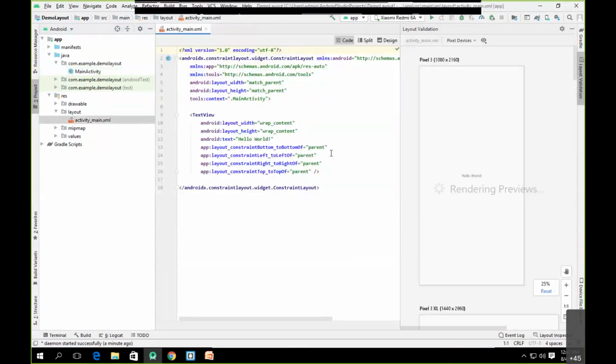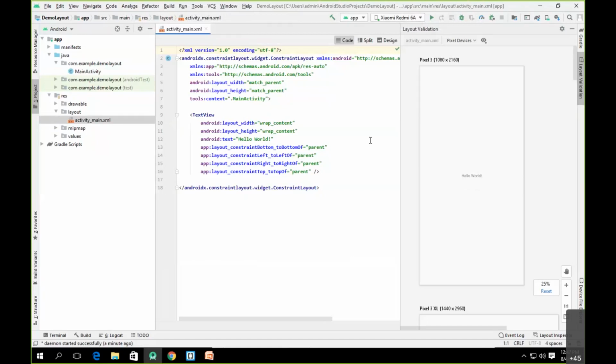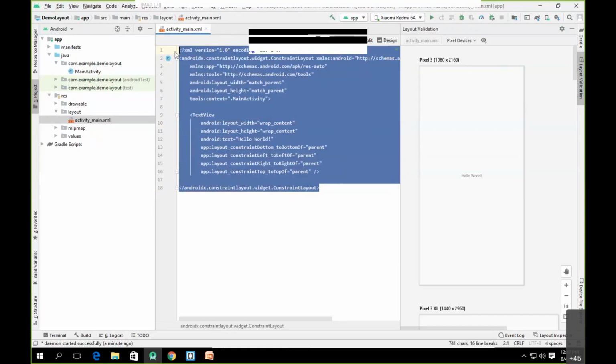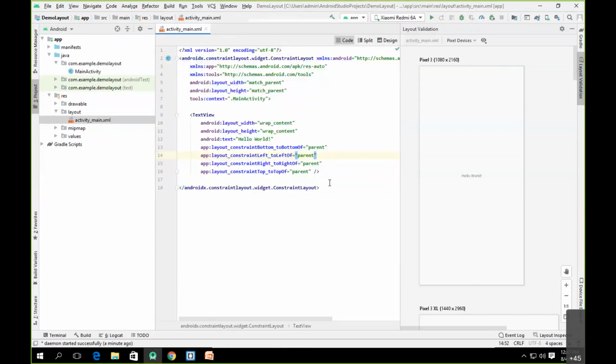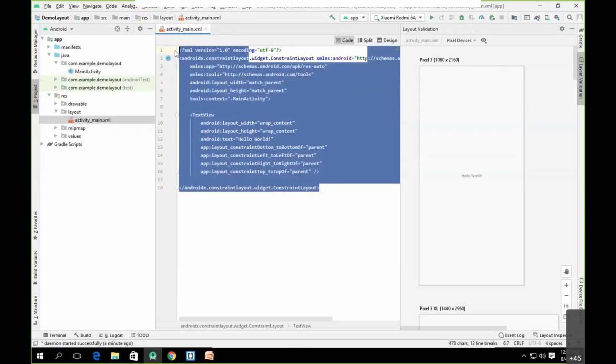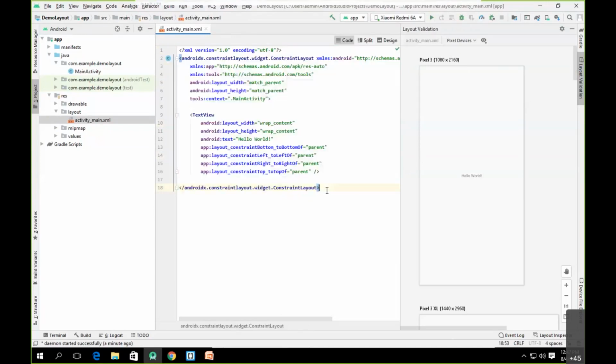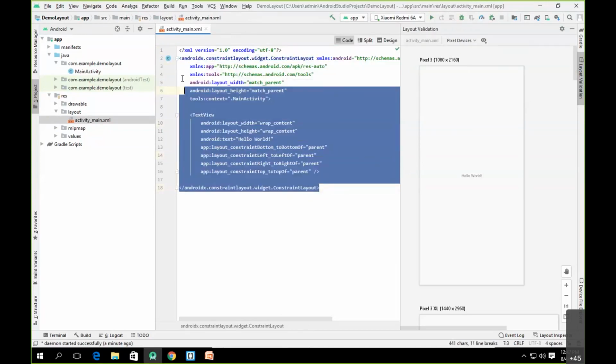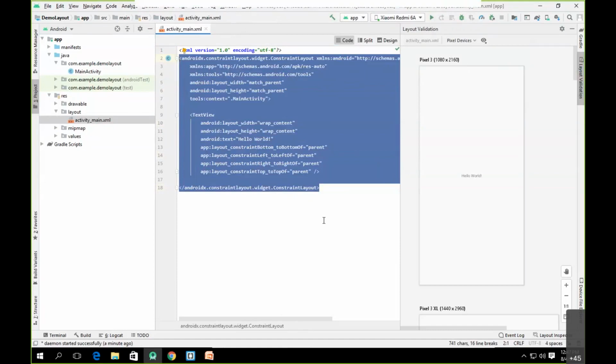If you click on this XML file, it will show us this particular screen where you have two windows. The first window is your layout design, which is entirely done in XML, and whatever layout design you are doing, that preview will be seen in this particular window.